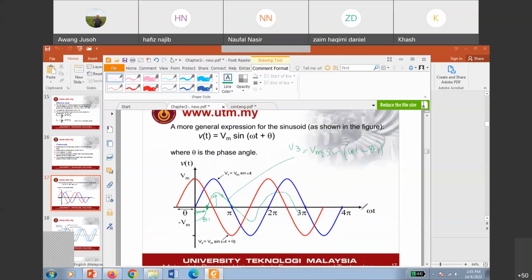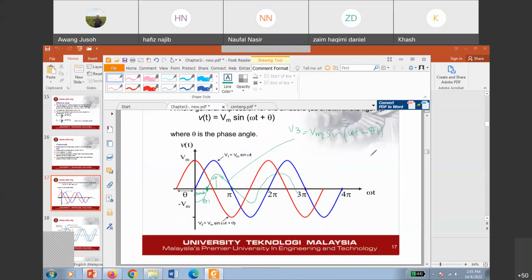Okay, boleh. Okay, so theta represents the phase shift. The sine, because the waveform is sine, so we use sine lah. In the electrical system, you can use sine or cosine, tapi kena standardize lah. Kalau pakai sine, all sine lah. Kalau pakai cosine, make sure all cosine lah. Jadi senang faham. Jadi kita pakai satu simbol yang senang, kita pakai sine saja.